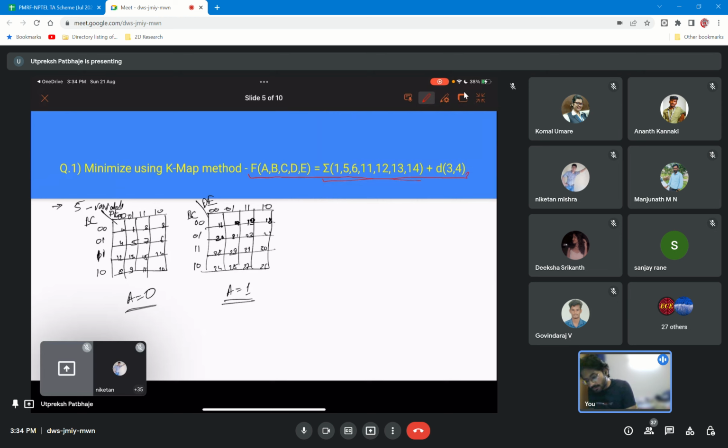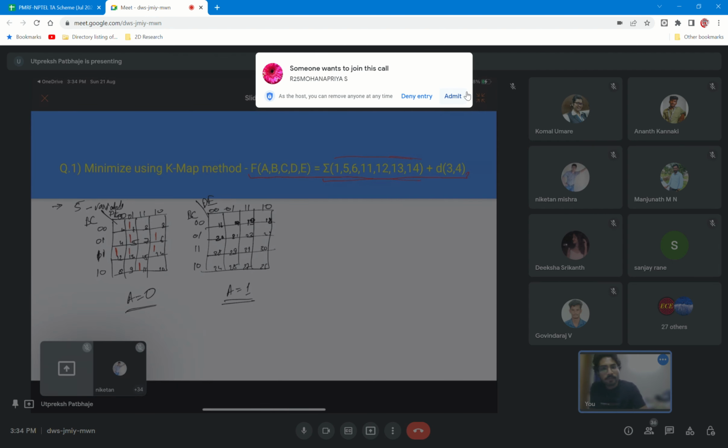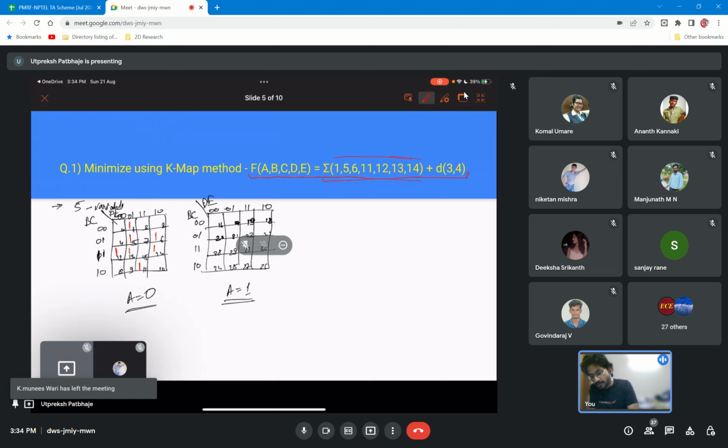And we have a function, so I will just write down the ones that are given in the function. So these are at position 1, 5, 6, 11, 12, 13, 14. Okay, so actually the function is not having the use of the fifth variable, but that is okay. After solving this problem, I will tell you how you would go about it if you have some other pair formation between these two tables. And we have two don't care conditions, that is D, 3 and 4. So at 3, you have an X, and at 4,